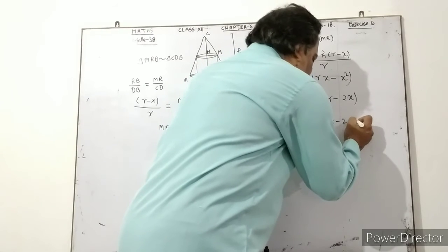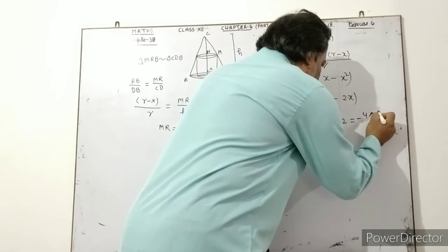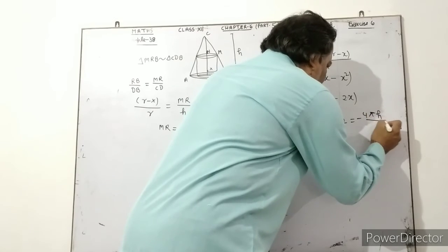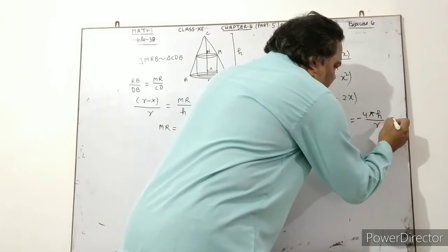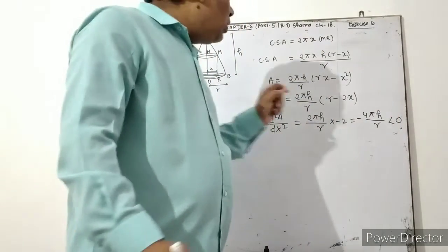This is minus 4 pi h upon r, and this is less than 0. This is negative. The negative sign